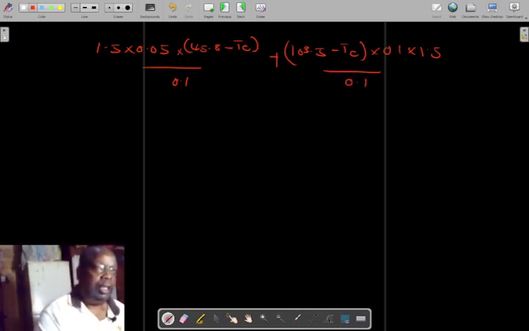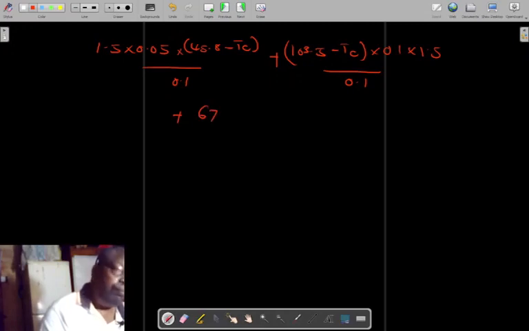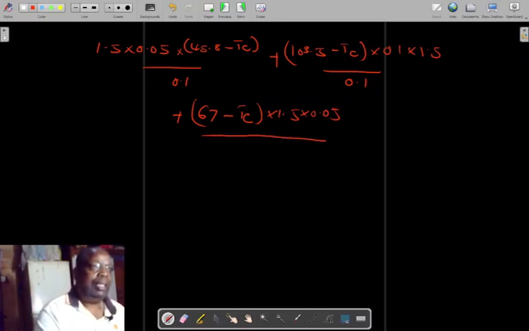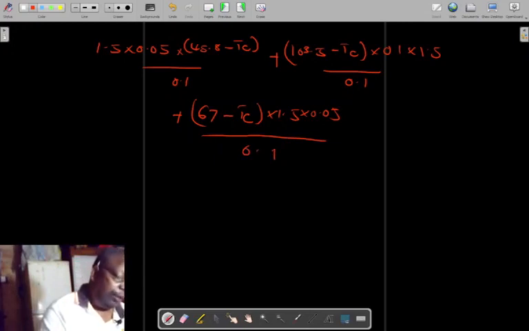There is no sharing in the x direction. Plus (67 minus Tc) times k, and k is 1.5, times 0.05, because it is sharing between the part that is at 45.8 and the one that is at 67 degrees, divided by 0.1, plus the heat flow by convection, (30 minus Tc)